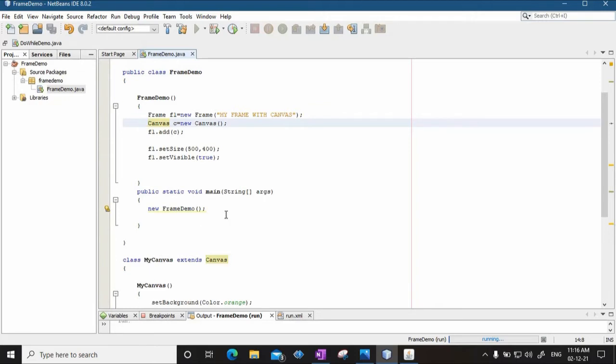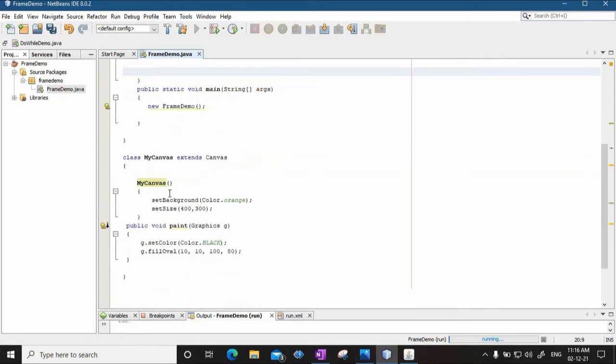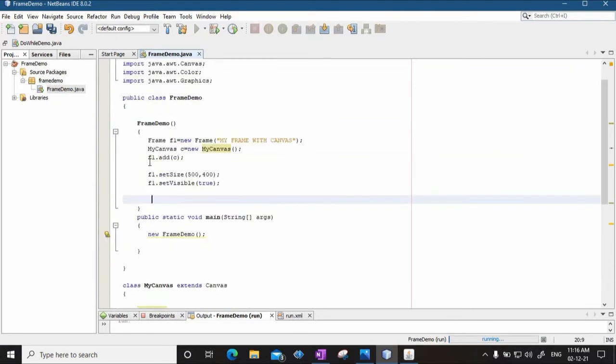So I'll say my canvas c is equal to new my canvas. Instead of adding a default canvas, I am adding this customized canvas, and I am adding that object as a component of the frame. I will save this code.